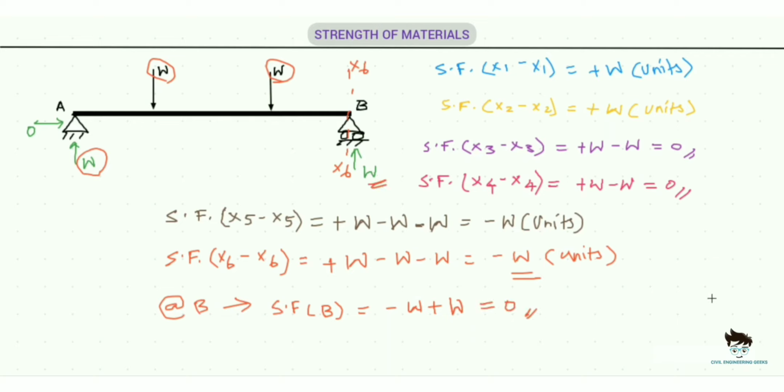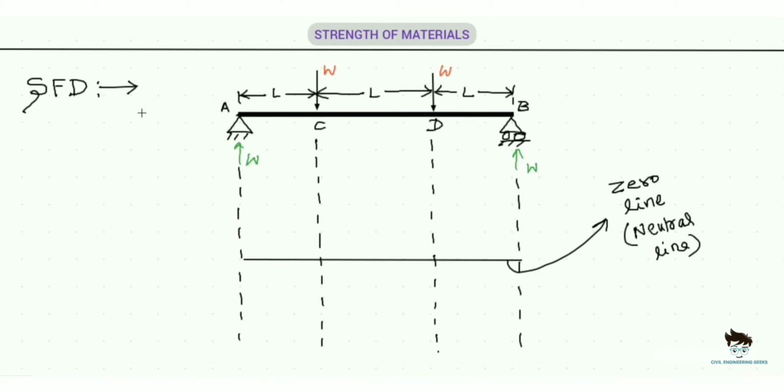Great. Now we have found all the shear forces at the critical sections of the beam. We will now move on to plot the shear force diagram and learn what is the use of it. Here I have the loaded beam and the shear forces at the different sections of the beam. Drawing shear force diagram for the beam loaded with just point loads is very simple. Actually, you don't even require shear force values. Let me show you how.